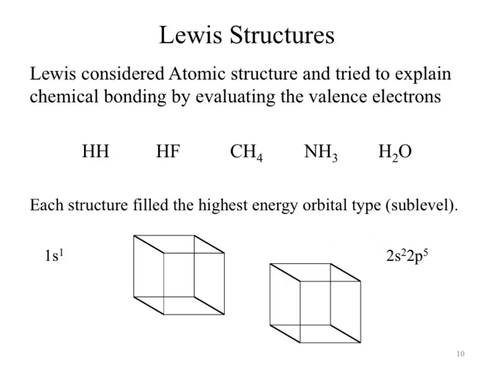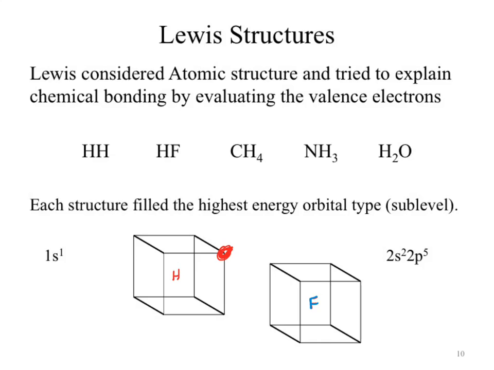8 points. Cubes. Why is this important? Well, he went through and said, okay, I'm going to look at, say, HF. I've got my hydrogen atom nucleus in the middle of this cube, the fluorine in the middle of that one. Hydrogen comes in with 1 electron, so we'll put that 1 electron at a cube intersection.